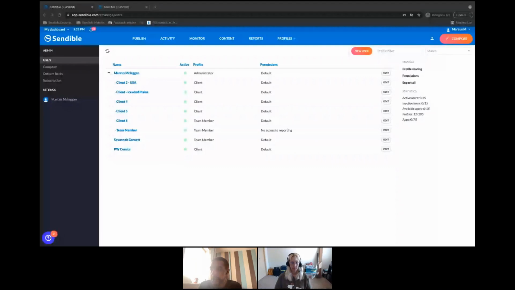Yeah, I'll just get my screen up to get that answered. That's a really good question, actually. As you can see in my first cluster up here, I have a few users that have been given the profile type client. When these clients log in, even though they're part of a hierarchy which contains multiple users, they won't be able to impersonate other users. Anyone that's been given the profile type client, when they log in, will only have access to their own dashboard.